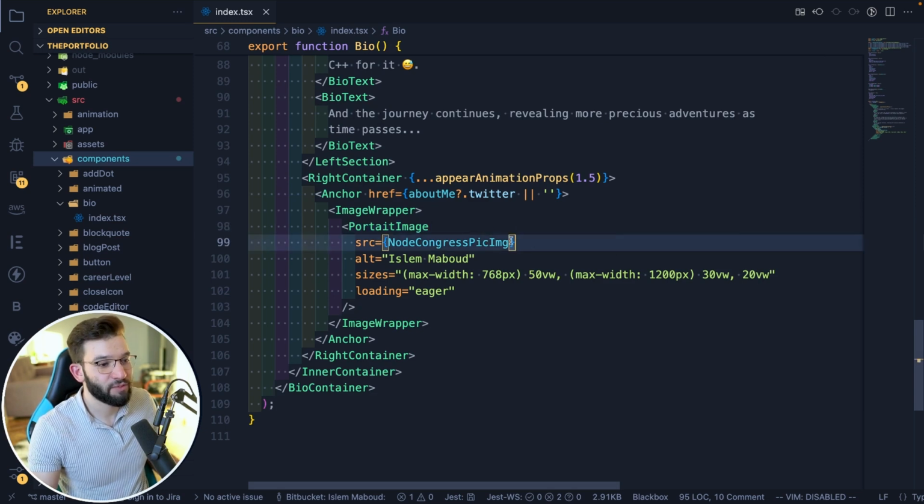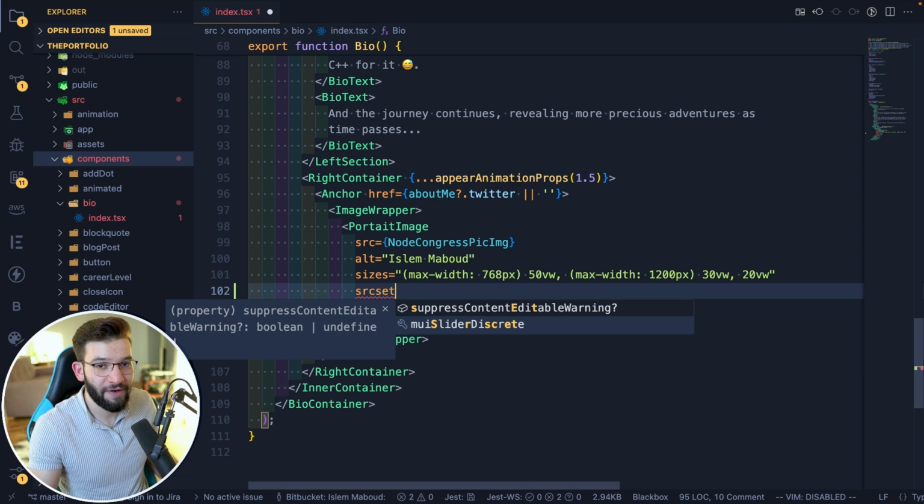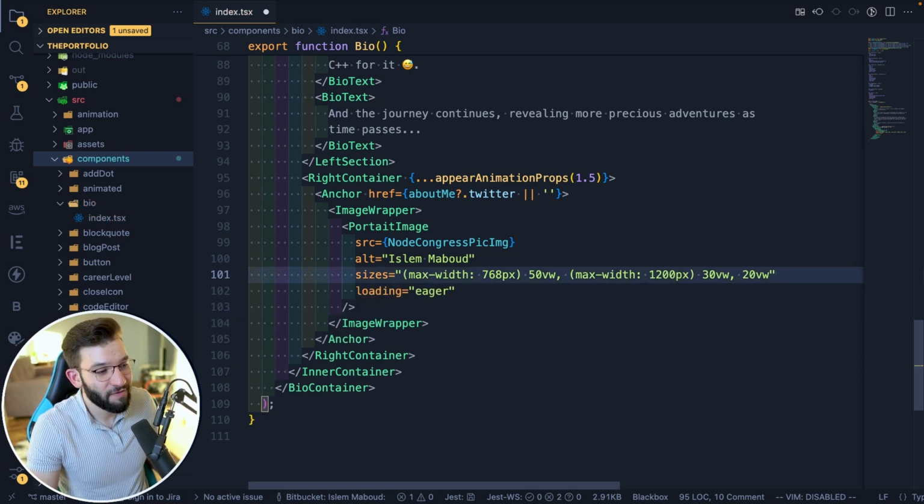All you gotta do is provide the src, and you can provide alt, of course, whatever. And here, you just provide the sizes. You don't need to provide the srcSet. As a matter of fact, Next.js doesn't allow you to put the srcSet in here. All you have to do is put the sizes in here, and Next.js behind the scenes is gonna take the sizes from here, and it's gonna generate the srcSet for you, and it's gonna generate